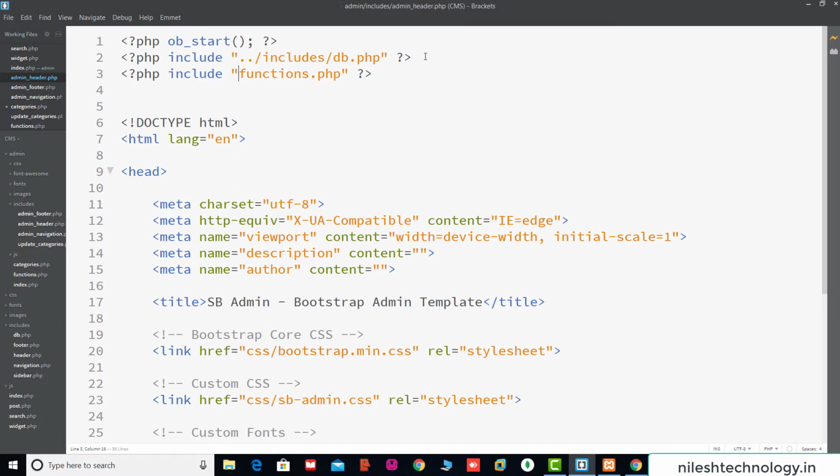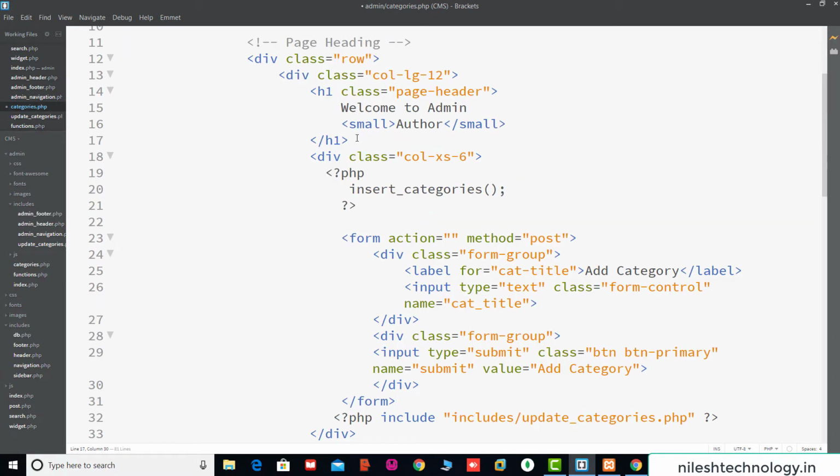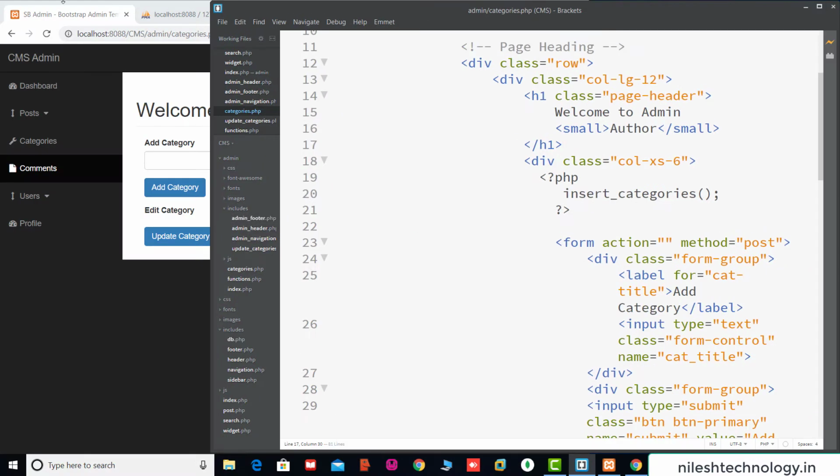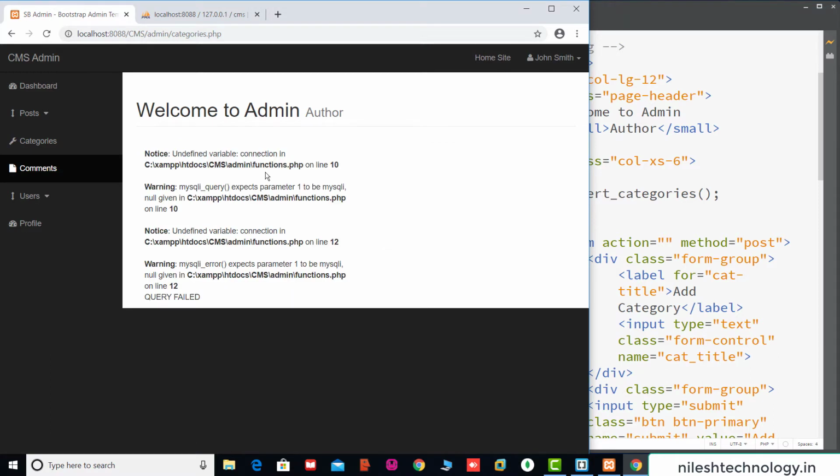Save these changes. Again going to this functions.php, save these changes. Again categories.php, save these changes. Here we test this code to see whether the record was inserted or not. Again we refresh the page. For example, your category is test1, add category. So there was an error,